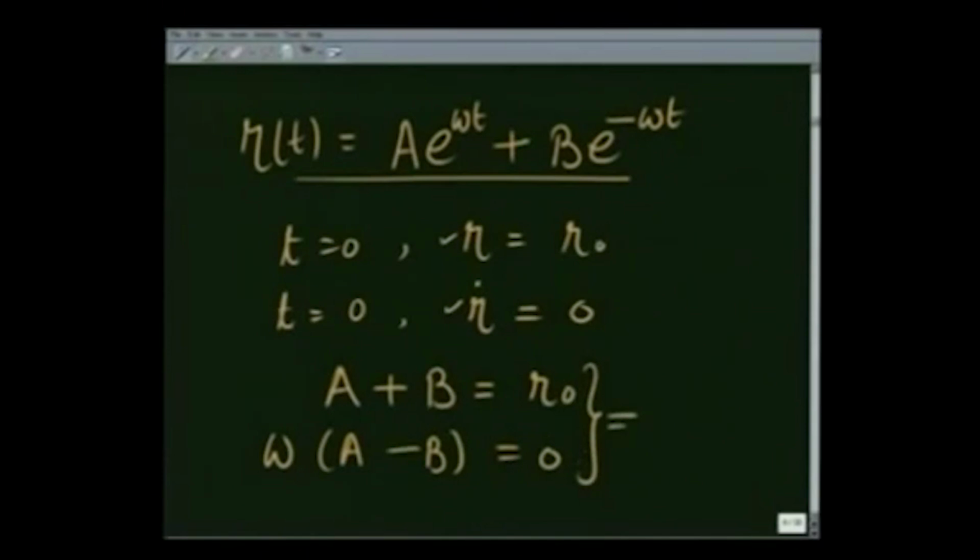And these two equations give me a is equal to r0 over 2 and b is equal to r0 over 2,